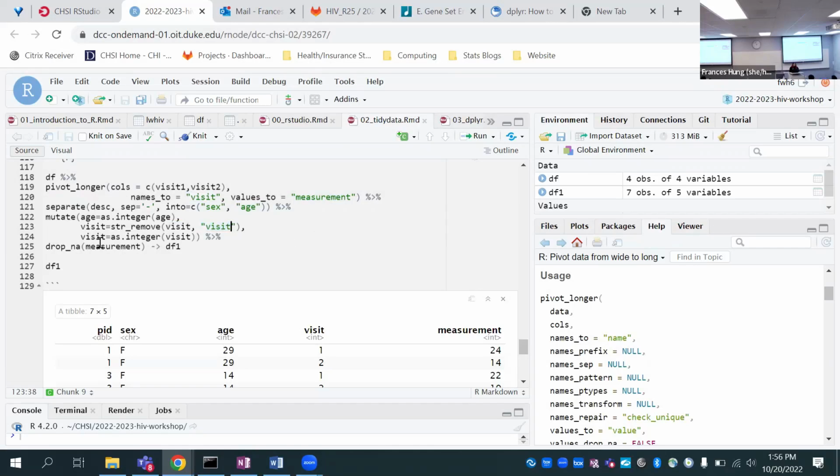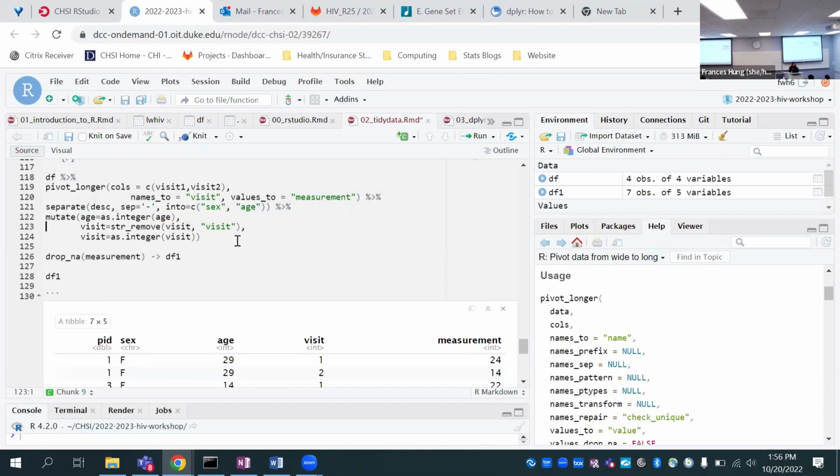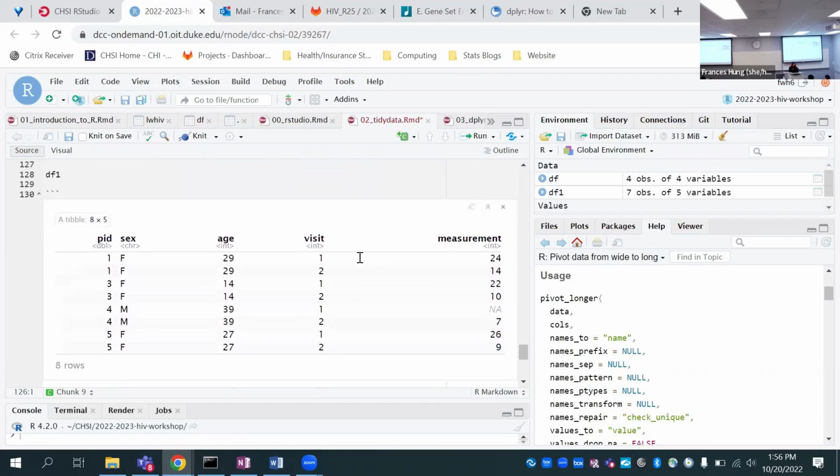Finally, we take this visit column again, and we make sure it's an integer and not a character. So just running this, we can see that now there's no visit in front of the visit number, and these are both integer columns, age and visit.